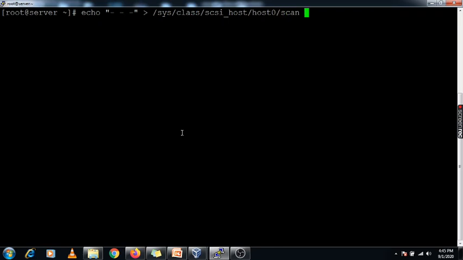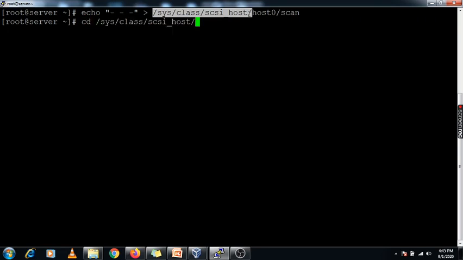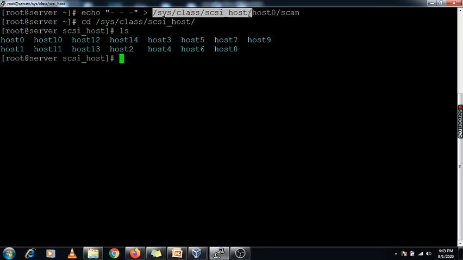This is the command we can use, and here whatever the SCSI adapter, you can check how many hosts are available. There are a total of 14 hosts available, so you can check it using this command.